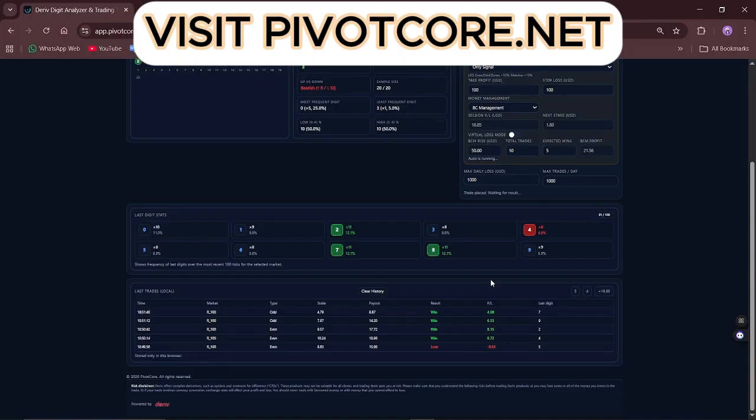As you can see on the screen, the bot is hitting our targets. By sticking to the 5-10 plan, we are managing our risk effectively. We aren't